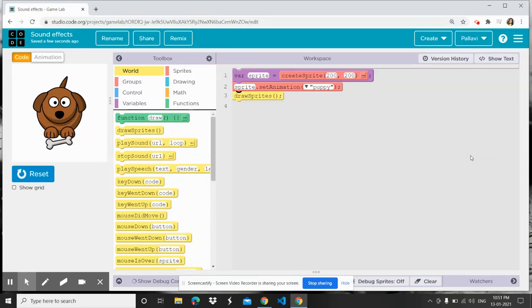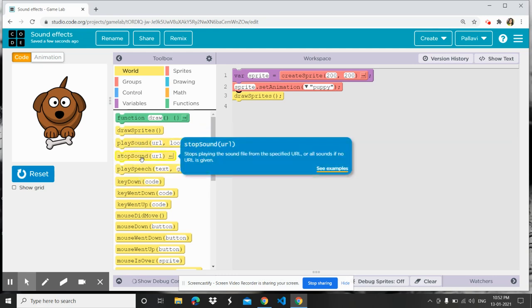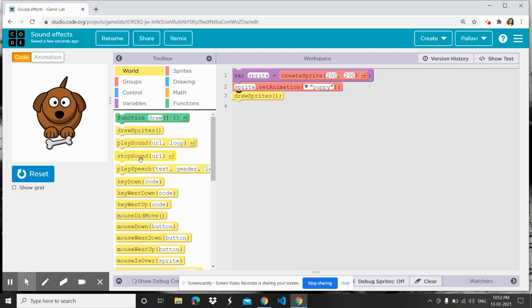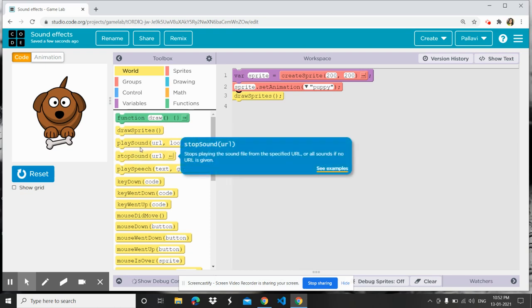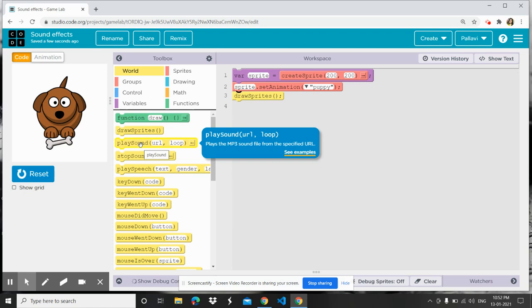You can also add different sound effects to make your animation story look even more interesting and attractive. So to add sound effects, you go to World and you will find this block called Play Sound. And there is also another block related to sound called Stop Sound. Obviously, as the label suggests, the play sound will start playing the sound, and if you choose to play